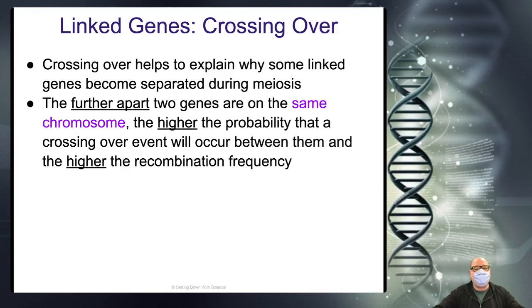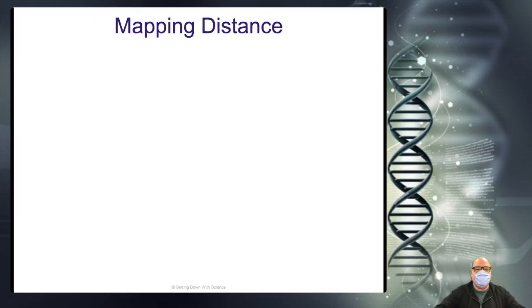So the big sort of hypothesis behind this, the big sort of theory behind this is that when genes are far apart, they have a higher probability of crossing over. When genes are close, they will stay together. Okay, so